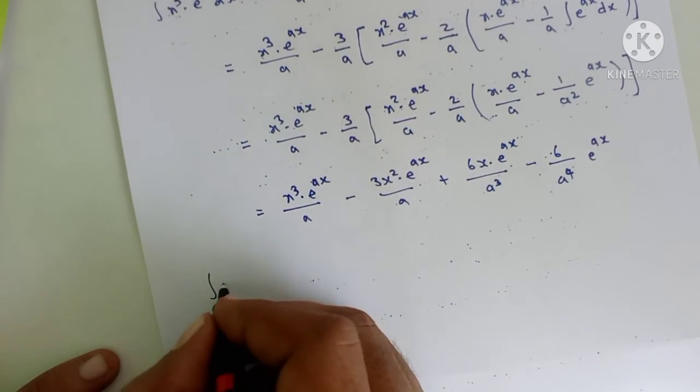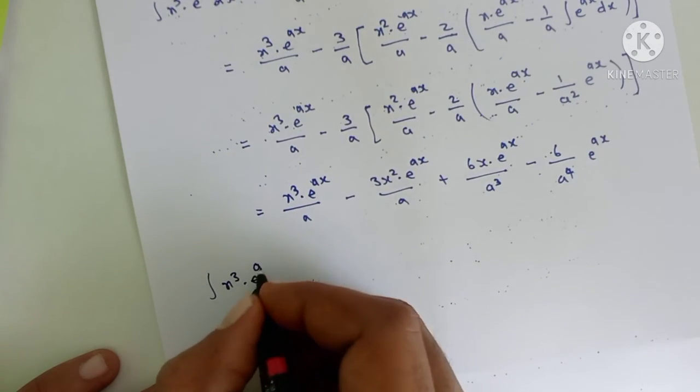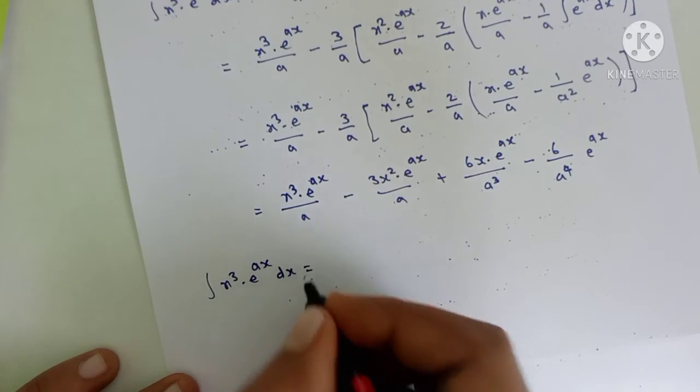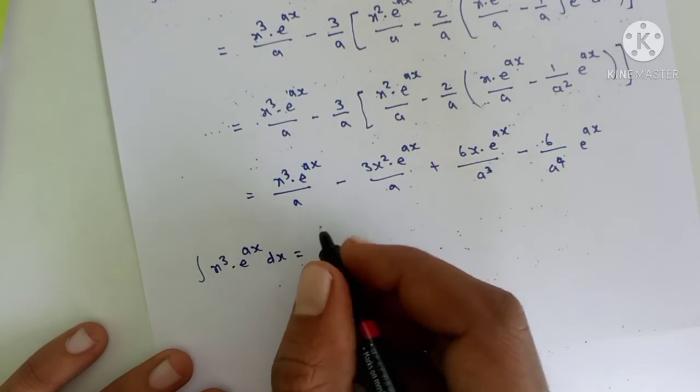So integration of x cube into e raised to ax dx is equal to, if we take the common